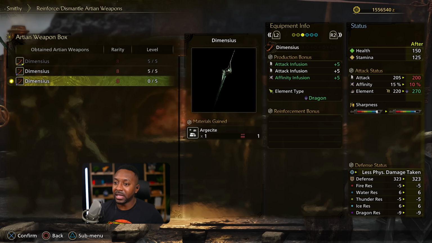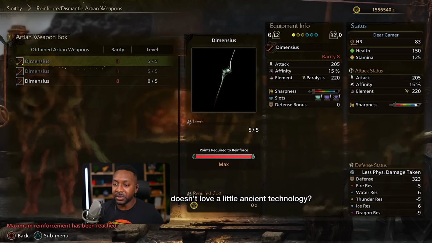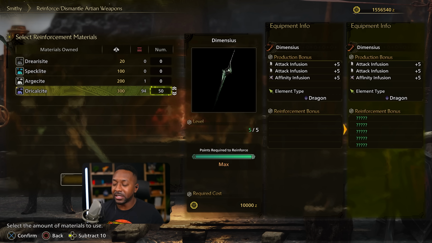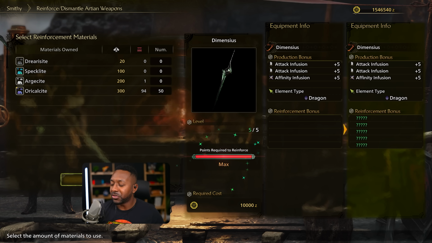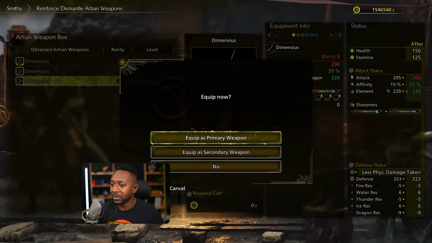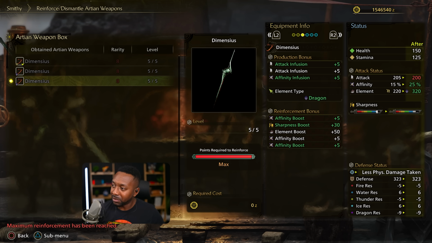Now I can go ahead and upgrade this one. So I'm gonna go to reinforce. Doesn't love a little ancient technology. I have 90. It takes 50 from 0. And let's see what we get as far as work. So this is our dragon weapon. We want to make it better than gore. Okay, let's take a look at it. So it had affinity buff, 3 affinity buff,